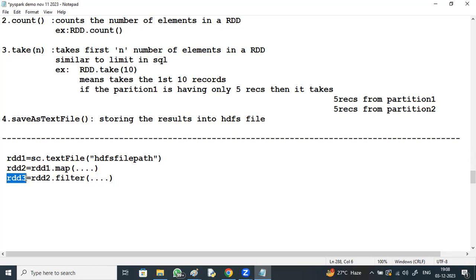In RDD3, how many records? There will be 20 records. In RDD2, 100 were there. After filtering, you got 20.